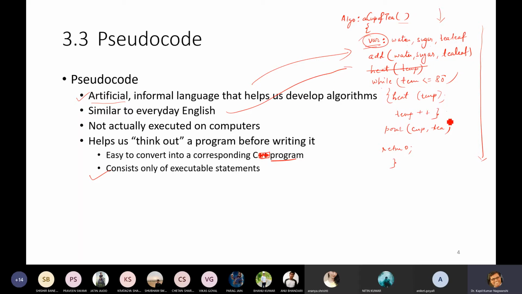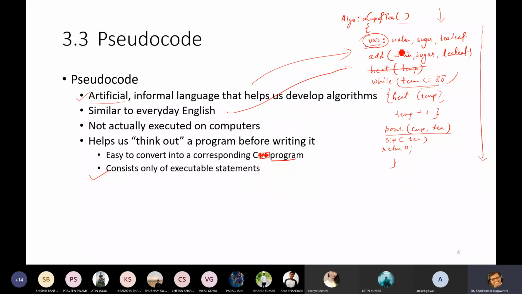And after completion of this, after reaching this temperature, it will pour into cup. So what will be poured into cup? This tea into a cup, and then one more function you can add, sip tea. Okay. So this pseudocode is nothing, you cannot run anything with this, but you are able to understand how we prepare a cup of tea. Okay. So you must develop your critical thinking so that you are able to write such kind of algorithm.